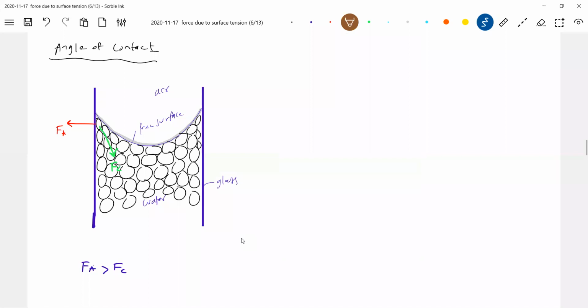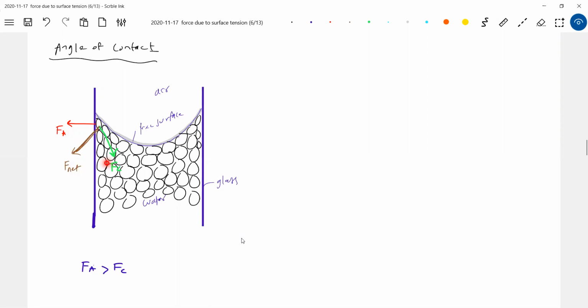Yeah, the resultant force will be somewhere like this. Now we have to ask questions. Why is the free surface here like that? You know what the property of a free surface is? It will always align itself perpendicular to the net force. Will I agree?